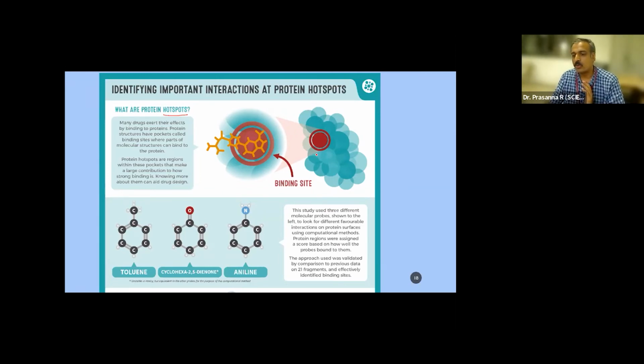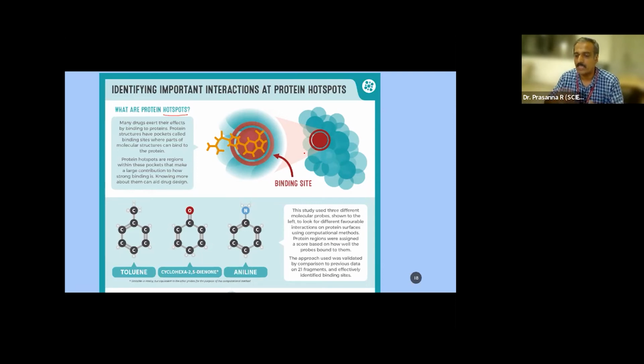So to form a hydrogen bond, the molecule can be a hydrogen donor, where the hydrogen can form an effective hydrogen bond with the heteroatom present in the protein, or the molecule may have a heteroatom where it can comfortably attract the hydrogen from the protein, thereby forming a hydrogen bond.